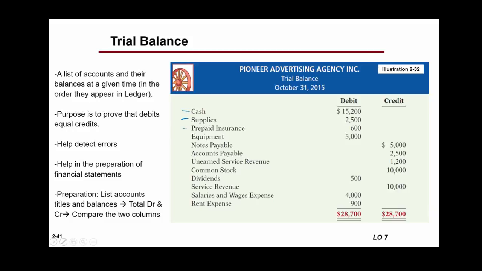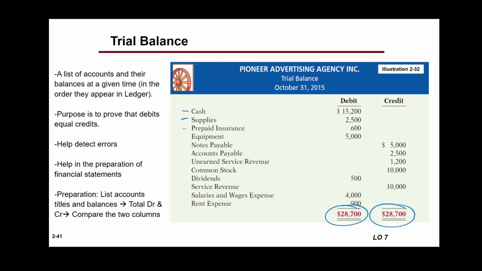Okay? And whether the balance is a debit balance, you put it under the debit column. If it's credit, you put it in the credit column. This is basically used also to verify that total debits are equal to total credits. As you can see here, total debits equal total credits. If they are not, that means you made a mistake, and then you can go back and